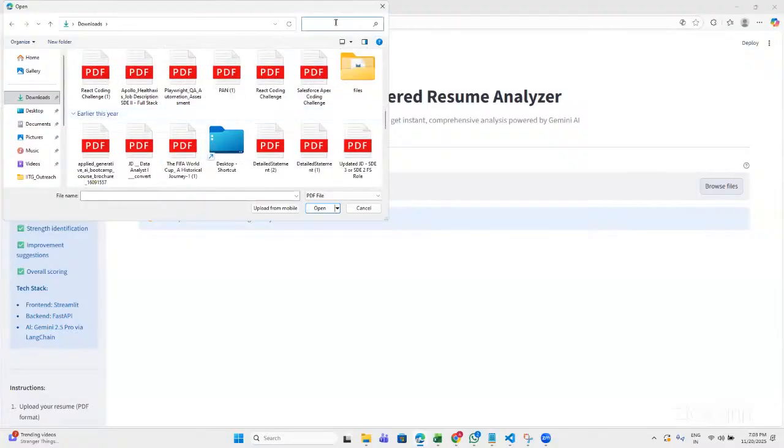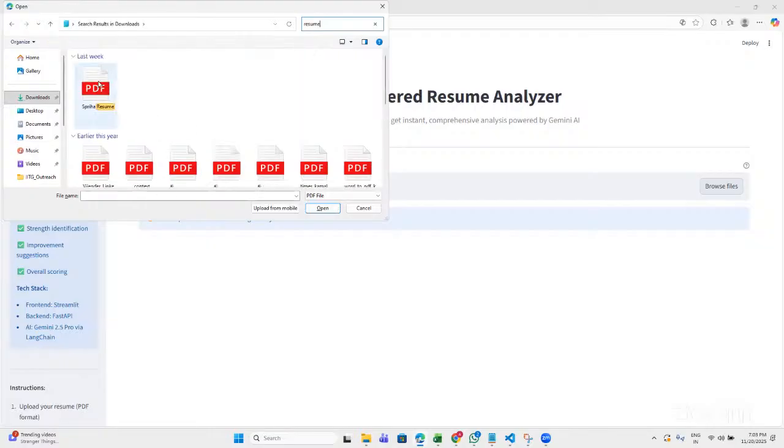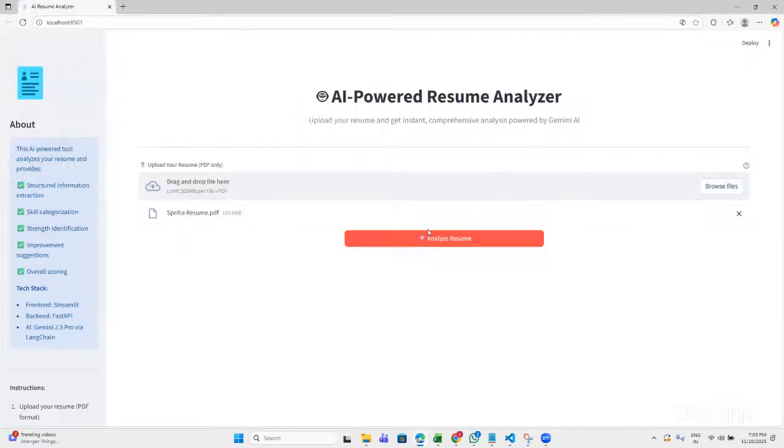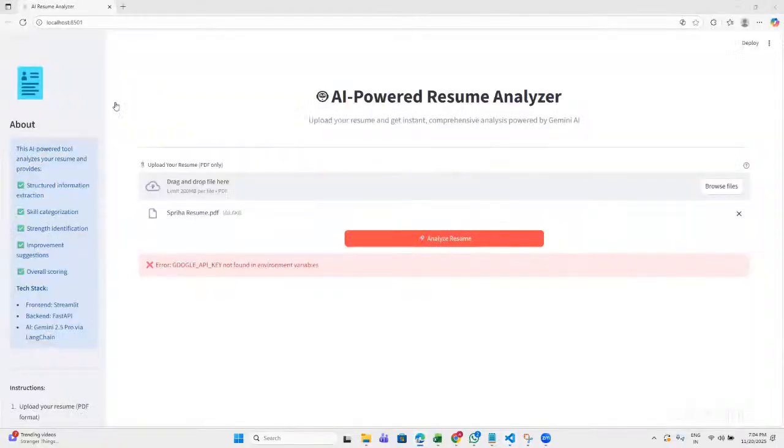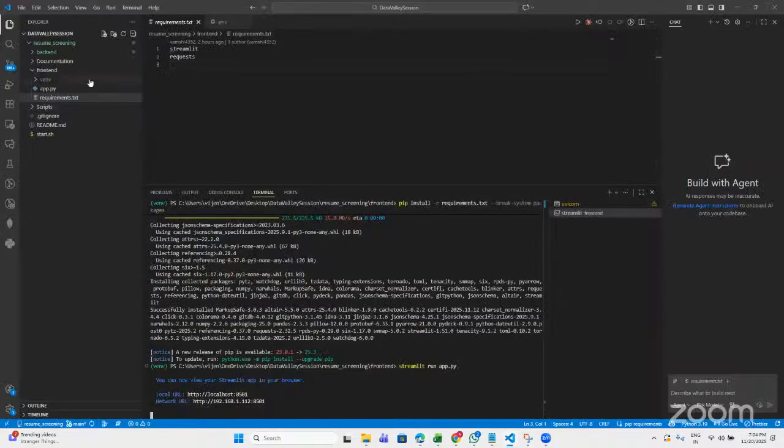Okay. So what I do is from my downloads, I'll just try to pick up some PDF resume. I just type resume for someone. So Spriha resume. Okay, there's somebody called Spriha, and I'm going to analyze the resume. So it's analyzing the resume now. Okay, not found in environment variables. So it's not able to find in the environment variables because